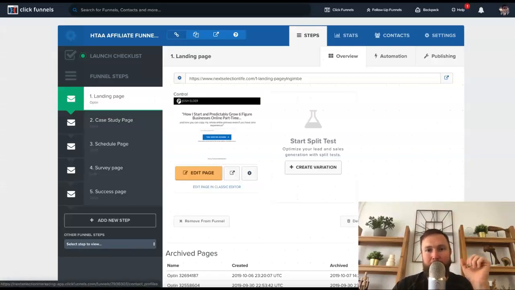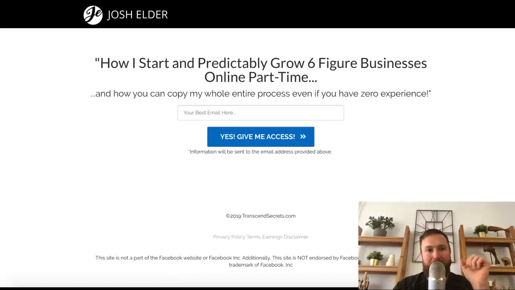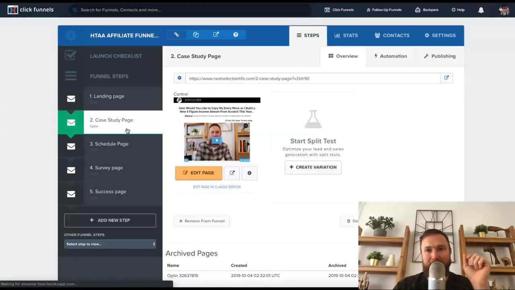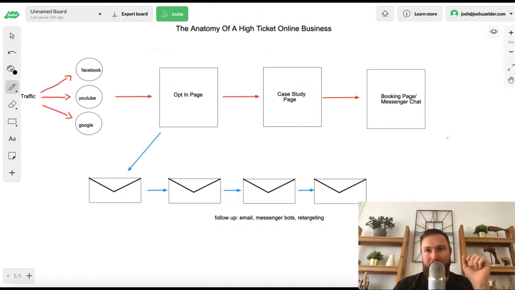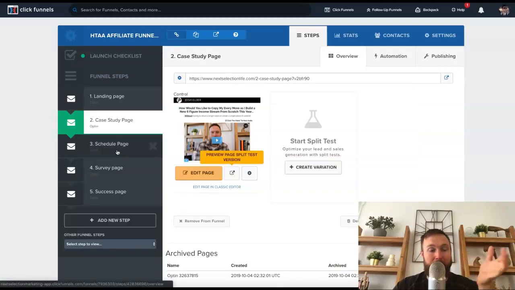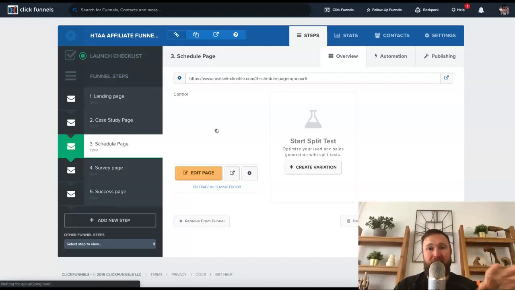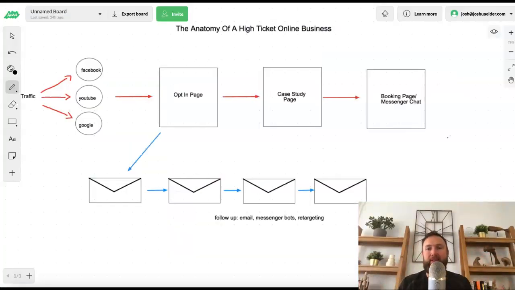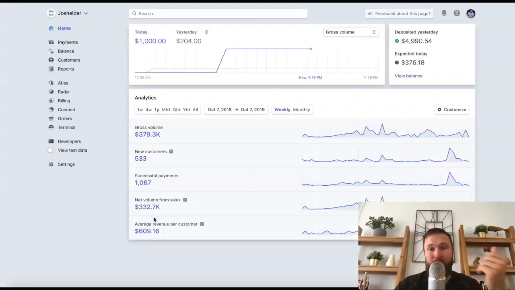So this funnel right here looks something like this. Here's one of the pages. This is the opt-in page right here. You'll be able to leverage that. You're going to be able to leverage the case study page, which of course is right here, and that looks something like this. You're going to be able to leverage all of my pages that I have in the whole entire funnel and inject them into your business. You're essentially getting my business in a box that's once again produced $332,000 in profit because of no advertising expenses whatsoever. You're going to inject that into your business.